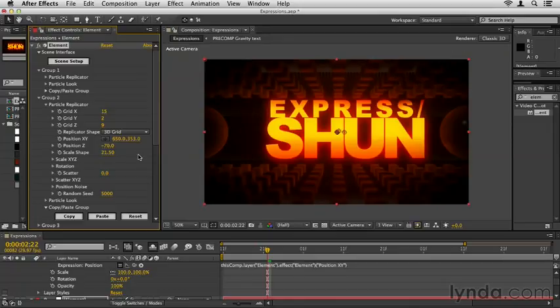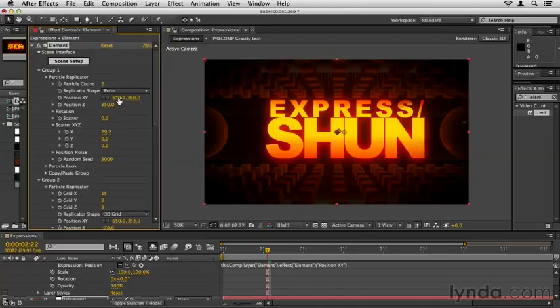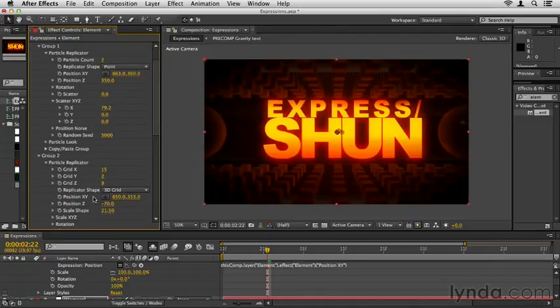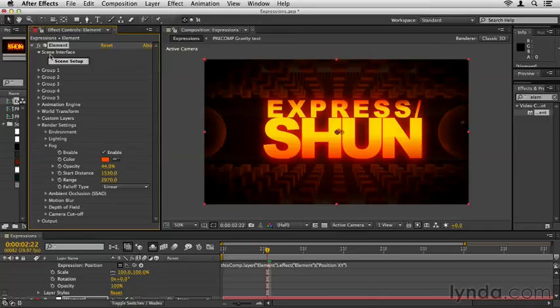To add to our frustration, when we open up group 1, the particle replicator, and I want to move my spheres, the text comes along for the ride. So they're connected. Even though we linked up group 2's position, it used group 1. The reason why is that there are 5 groups here in Element, and the naming conventions are all the same for all of them. So what we need to do in order to connect things up correctly in Element is